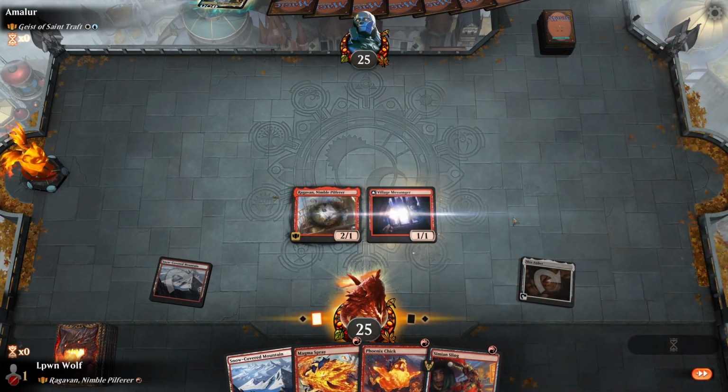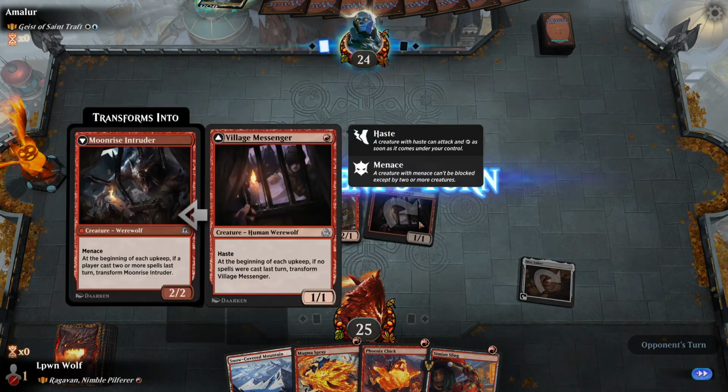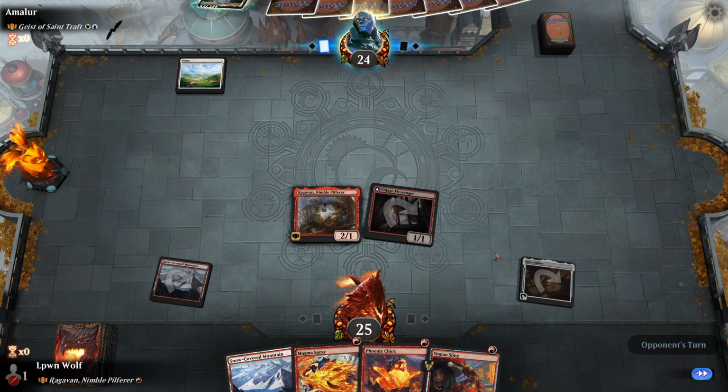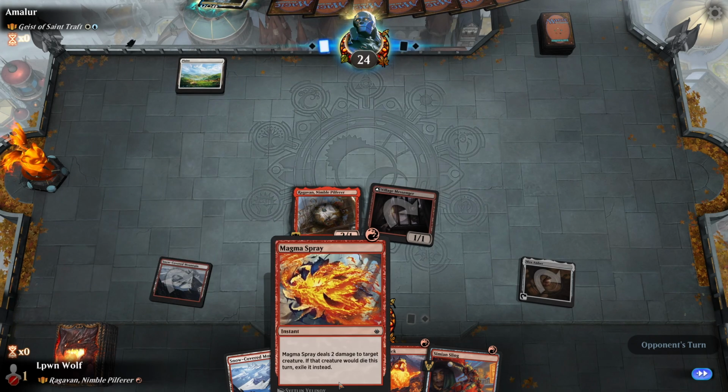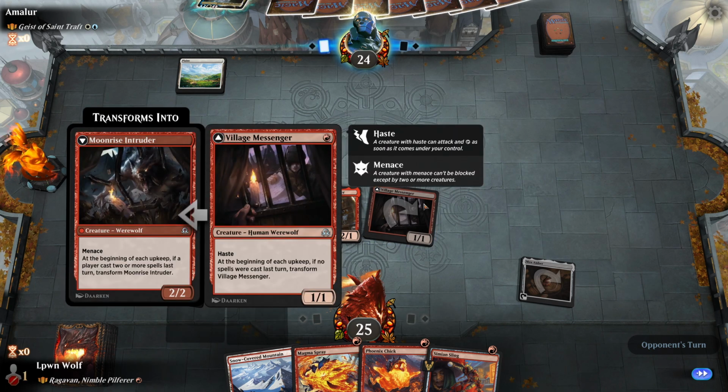Village Messenger as well. So if they don't cast a spell in their turn, this is going to flip into a 2-2, which is pretty decent. It doubles its power for literally nothing. Esper Sentinel. No? Yes? No? Yes? What's it going to be? Don't cast a spell and this flips. They're probably looking at this going,